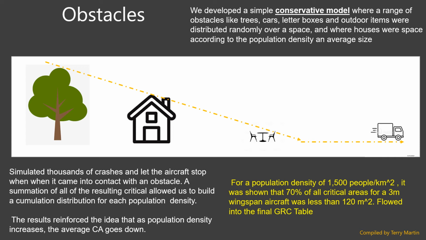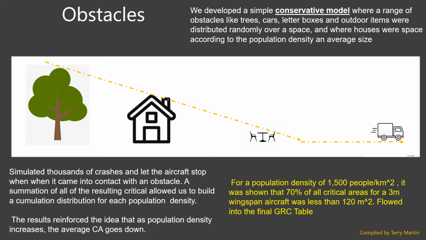We put houses linearly spaced with average dimensions, and we equated that to average populations per house, and then simulated thousands and thousands of crashes where a platform came in, projected onto this area, and came to an absolute stop, except for the bigger platforms, which we didn't do this for, when it came into contact with an obstacle. And then we captured all the critical areas, summarized them, built a cumulative distribution, and what the results showed